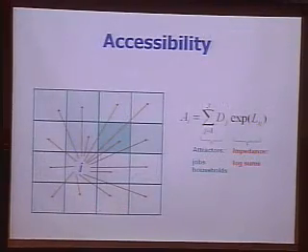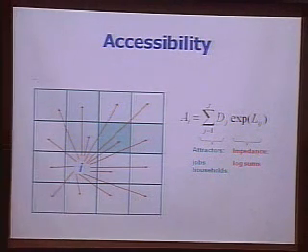So here's the accessibility concept. Now we're sitting here, looking at our land use model. And in land use models, we want to calculate the accessibility of this zone to other zones. One of the things that is theorized to be important to land use modeling, to the value of the land, and to the choices that people make in terms of where they locate is accessibility. And we talk in terms of accessibility to jobs, if you're a household, and accessibility to the population, if you're an employer and you need people to come work for you.